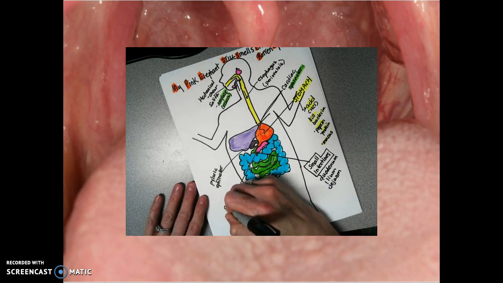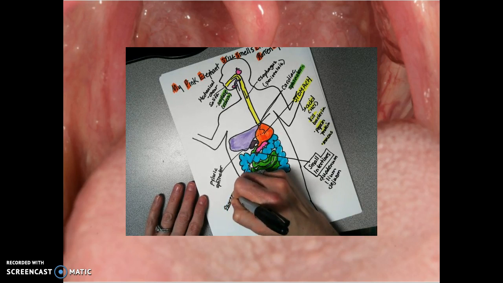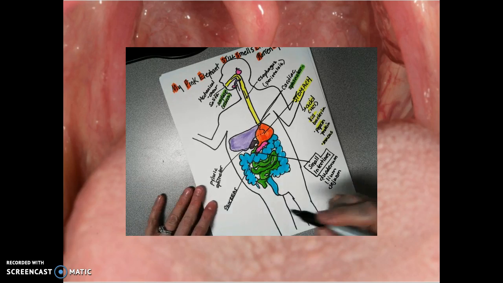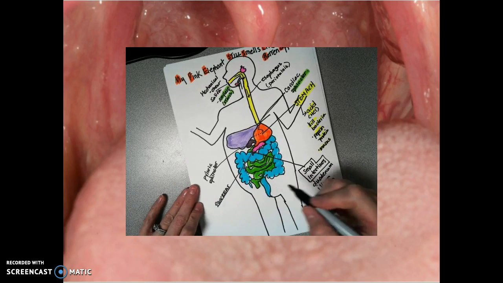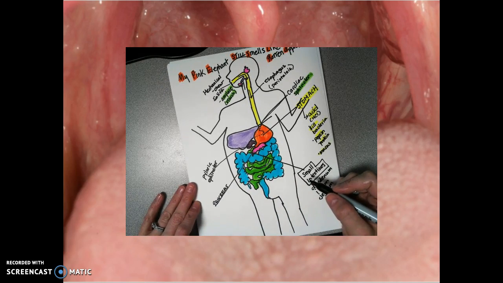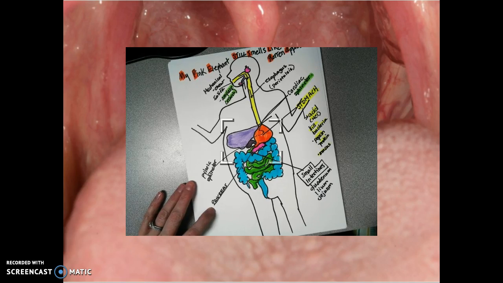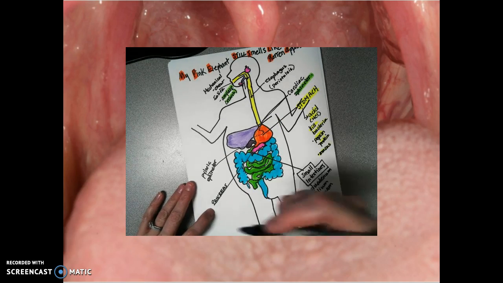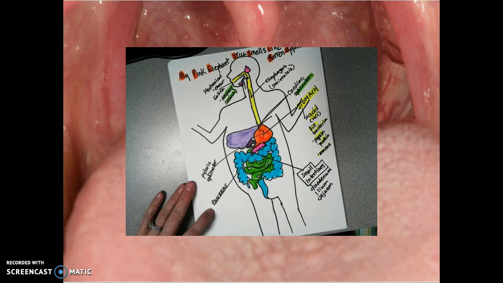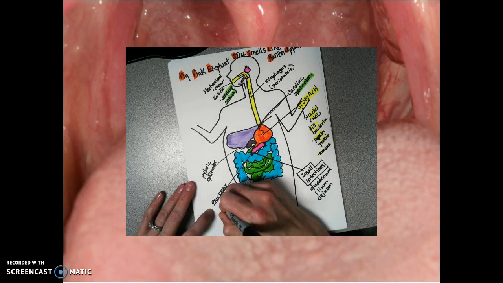This is the pancreas. And it plays a role. Oh well. This is the pancreas. It plays a role in not just digestion, but we're going to talk about its digestive role today. It secretes a couple different things. It secretes a buffer